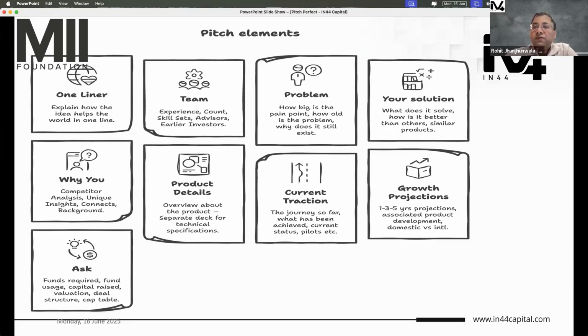Many people say, oh, sir, I'm the first one to solve this problem. The question comes in is, why are you the first? It's 2025. People should have sorted out or tried to solve the problem already. Either the problem is not big enough to be sorted out, or the problem is not important enough to be sorted out, or people have tried and failed. In that case, how are you going to succeed? Those are the things that you have to figure out.